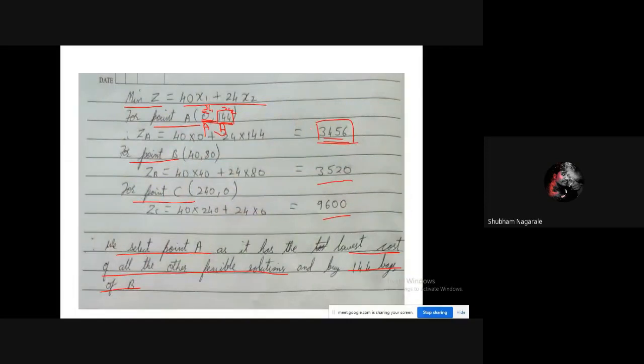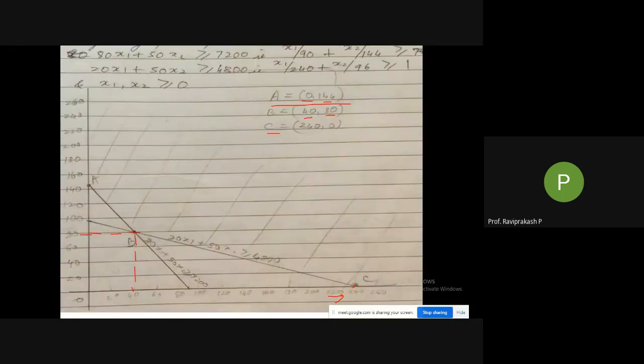Yes, sir. Okay, you got it, right? Yes, I got it. Yeah, anyone, any doubts other than this? So we'll go back to the graph. Those who have not done it, do it fast.